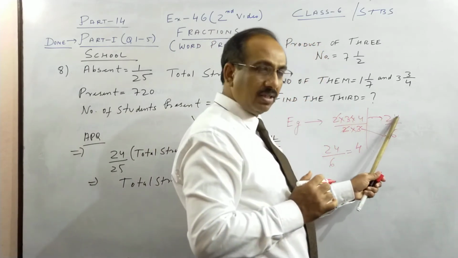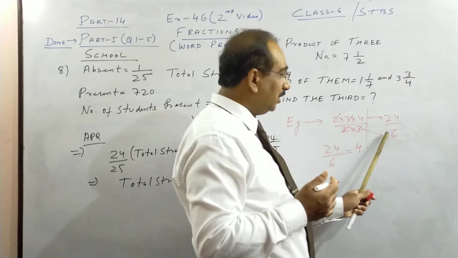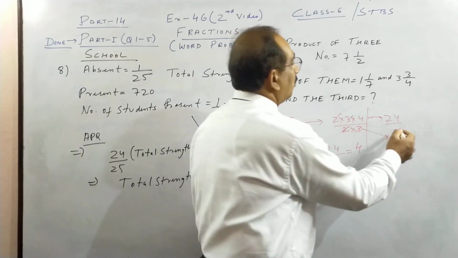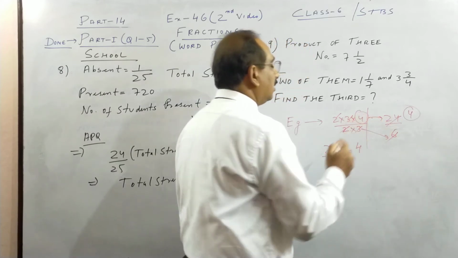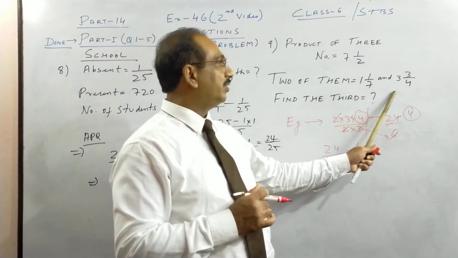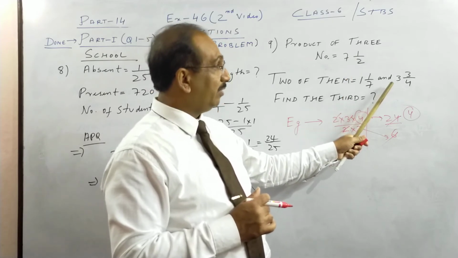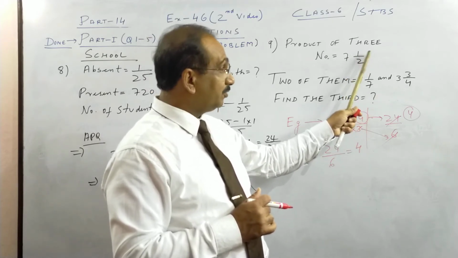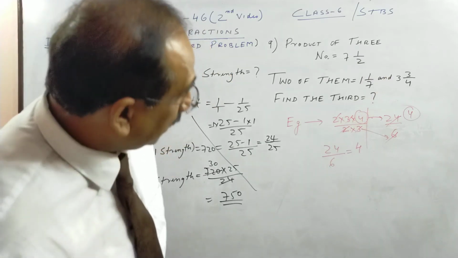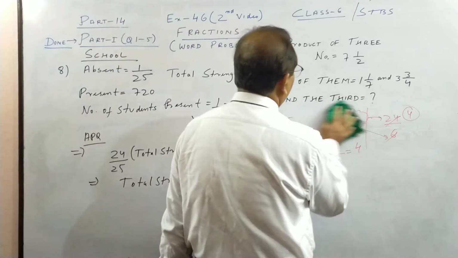So this 24 is given. Here you have one number as 2, the other as 3. You multiply them, find the product of the 2 numbers, then divide the product of the 3 numbers by the product of the 2 numbers, and what you get is the third number. So once more, we multiply the 2 numbers, and what we get, we divide the product of 3 numbers by the product of 2 numbers to get the third number. So the idea I gave you, please pause, you can copy this. Then I move on to the real sum.